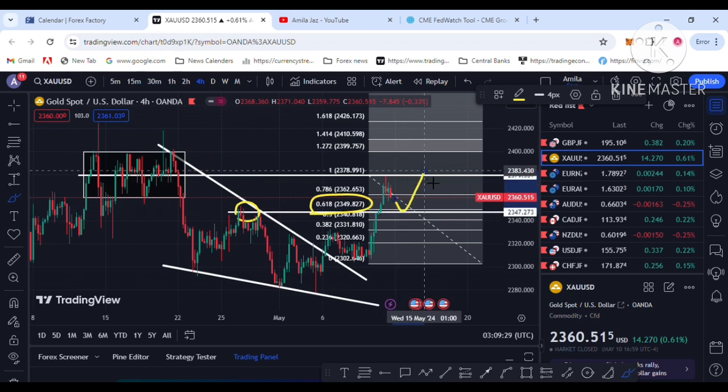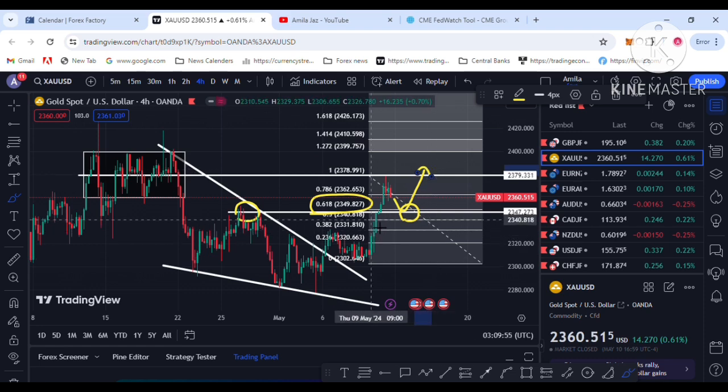So on the downside, 2350, wait for the downside retest, and the 0.5 area below it, the 2340 area, is also your buy opportunity. So wait for the price to retest below and again you have a buy opportunity next week, but wait for the downside retest.